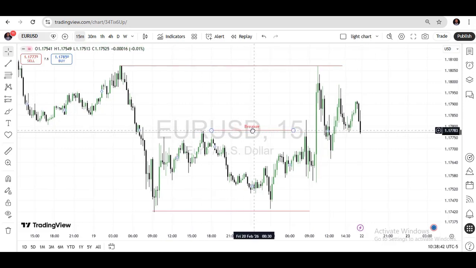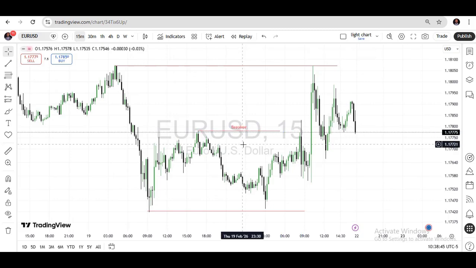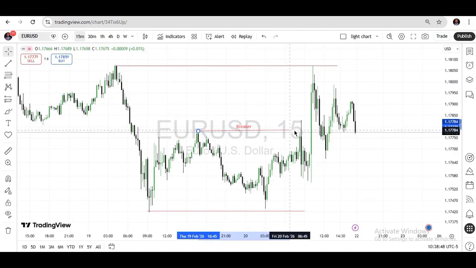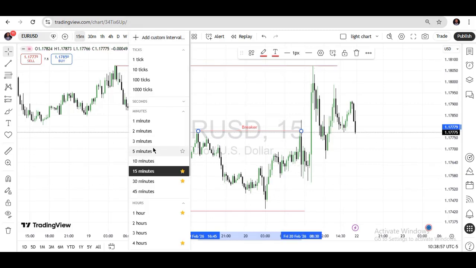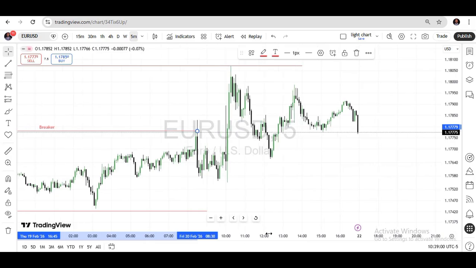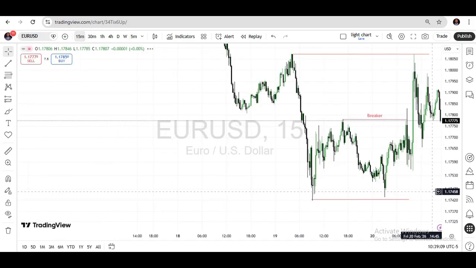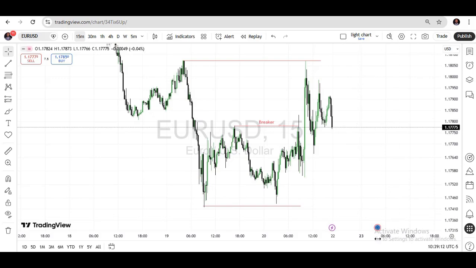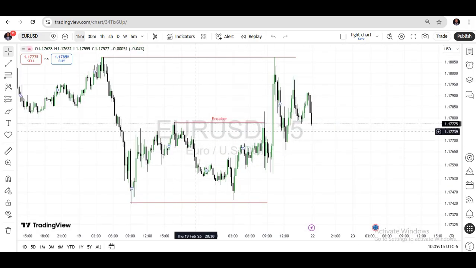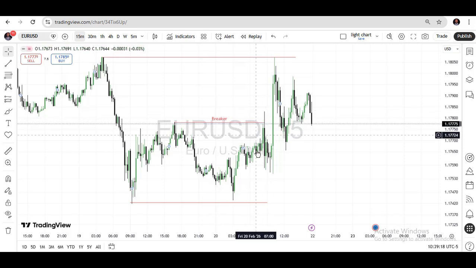You can see that these are 5 minutes. So looking at this structure, this particular candle has already given us what we need to look for our sell. So at this particular level,